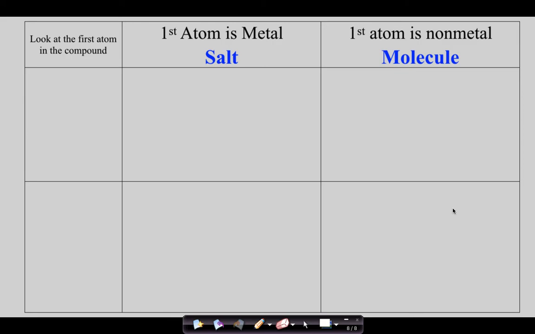What that has done is it is now identified for you the rule sets to use. If it's a salt, now you're thinking about the homework we just graded. Writing formulas and naming salts. It's polyatomics, it's parentheses, it's all of that. Guys, if it's a molecule, it's everything that you just learned about prefixes. So then what I did is I tried to put this in a nutshell for you. So guys, let's talk naming first. So how do we name salts? Well, guys, here's